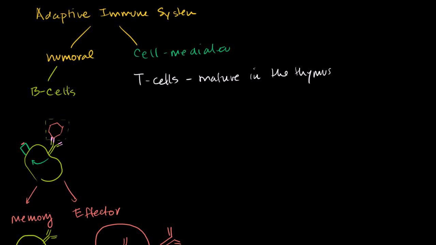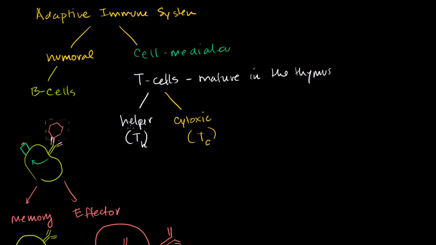And it's all very confusing because you have B cells and T cells, but then there are two types of T cells. You have helper T cells, and most people just write T with a lowercase or subscript h there. And then you have cytotoxic T cells, or T cells that kill other cells. Cytotoxic T cell, and that's T with a subscript C.